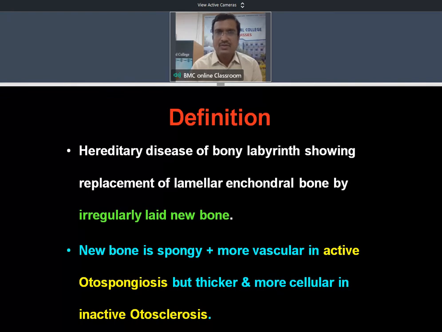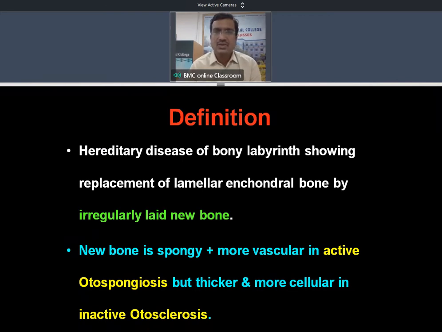The enchondral layer is nothing but the cartilage in embryonic life, which will become bone by ossification. There will be around 14 to 20 ossification centers in the bony labyrinth. So there is ossification of the cartilage present in the enchondral layer. That is the middle layer of the bony labyrinth. It will become like a bone. Cartilage will be converted into bone. That is ossification of the enchondral layer.